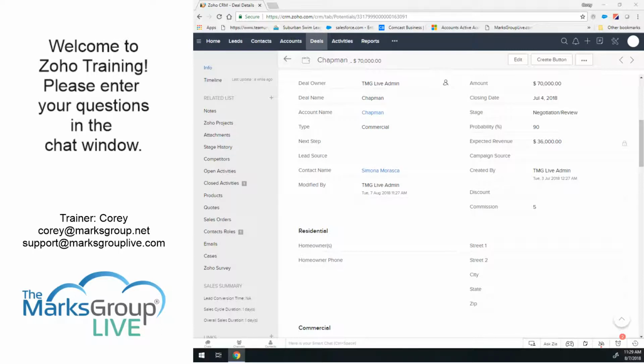Okay. So the last item that I want to go over, and again, we also went over the scoring rules for the lead ranking. But the last item we're going to is the lead assignment rules. Okay. Now assignment rules are very, very useful when it comes to